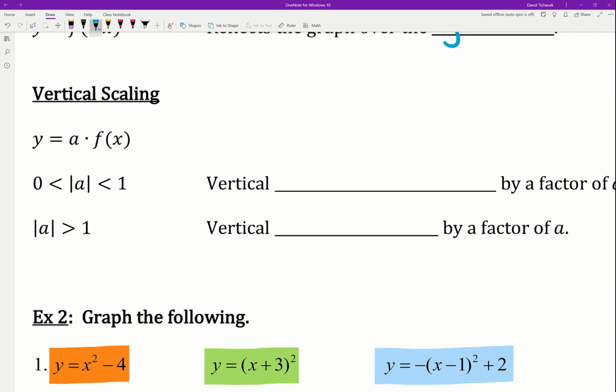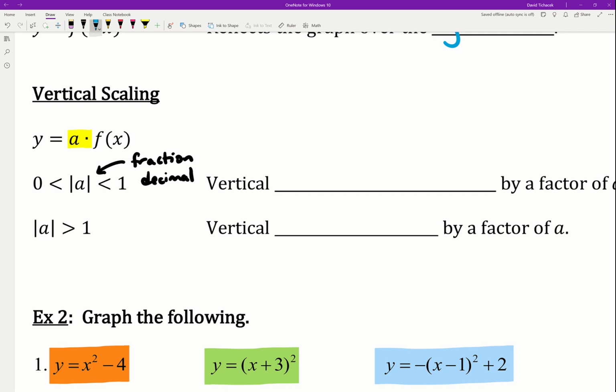Next, let's talk about vertical scaling. So this is stretching or compressing, right? That all has to do with a number a being multiplied out front times your output. Okay, now it depends on what that value of a actually is. So what it says here is they describe that value by using an absolute value. Basically they say if you take the absolute value of a, so make the number positive, and that number lives in between 0 and 1, so maybe a fraction or a decimal that lives in between 0 and 1, like we're talking 1/2, 2/3, 3/4, etc., something like that, then